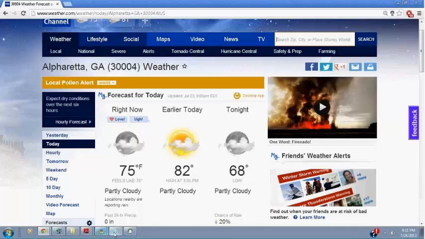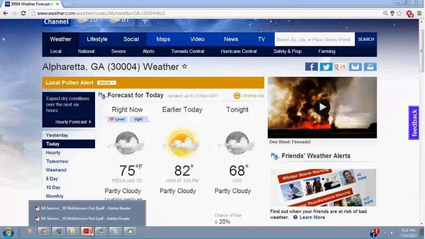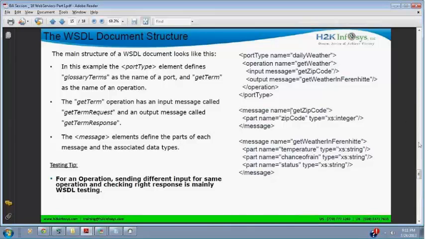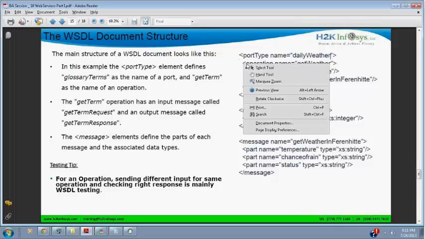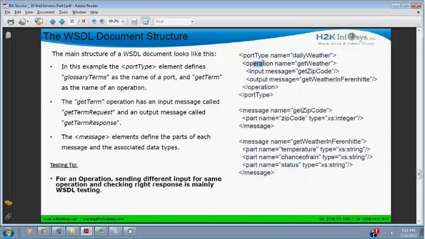So let's go back to our materials and see what a WSDL looks like if we have this weather.com service to be implemented, or rather tested. Now see here, whenever I have a WSDL, I should have a name for what that WSDL is providing. What is the service name? The service name is indicated as the operation name. So what's the operation? The operation name is get weather. So you are asking to get weather from that web service.